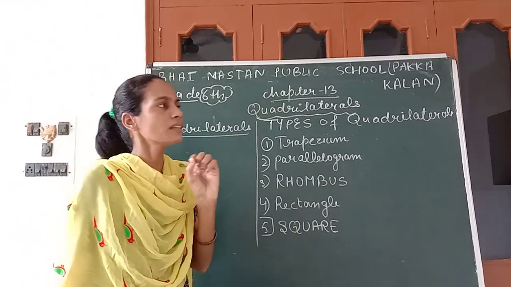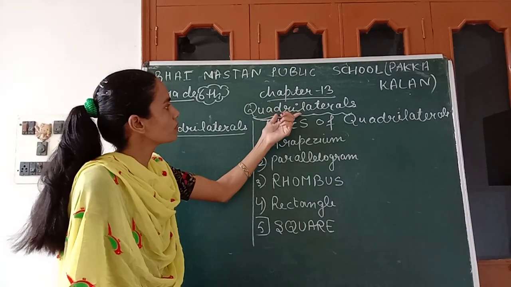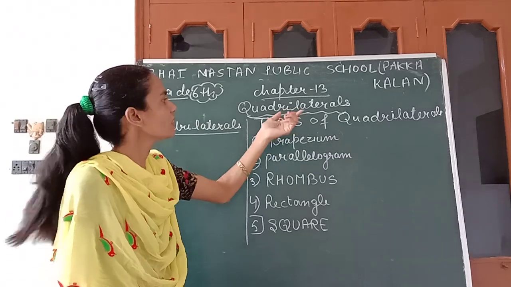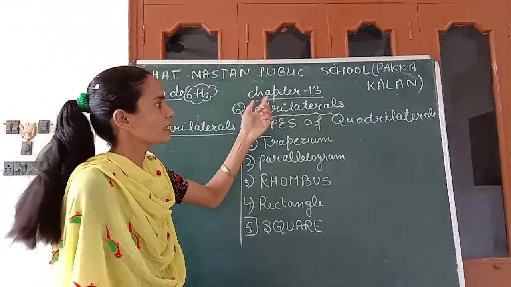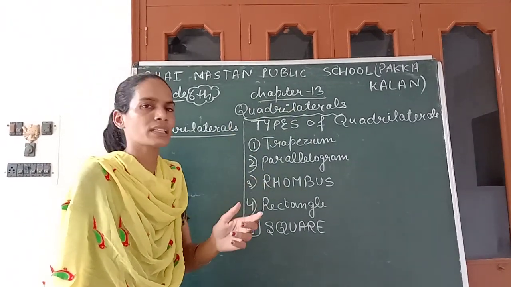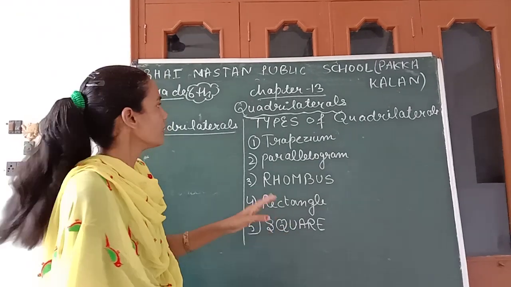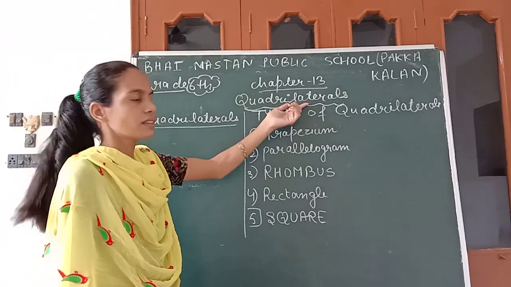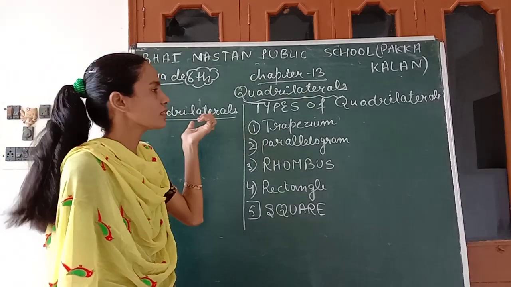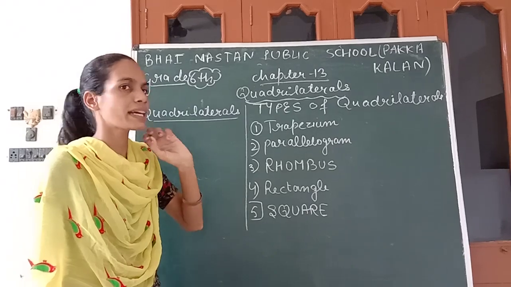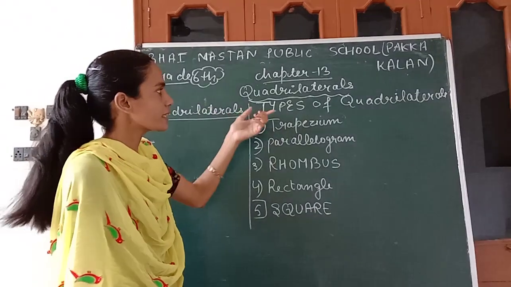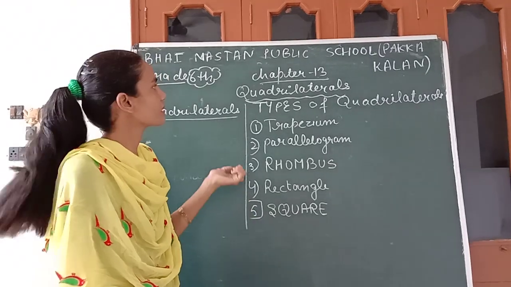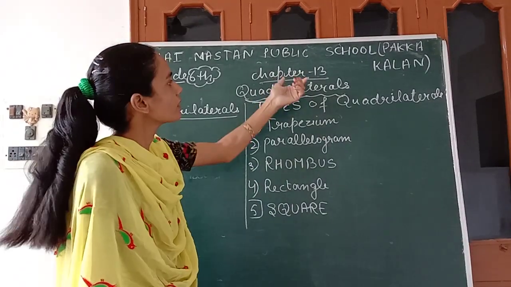You only know a little bit about it from your previous grade 5. You must have read very little about quadrilaterals, only what a quadrilateral is. But now in 6th grade, in the quadrilateral chapter, we read about quadrilaterals in a full explanation, including the types of quadrilaterals. We are going to discuss all that in this chapter.